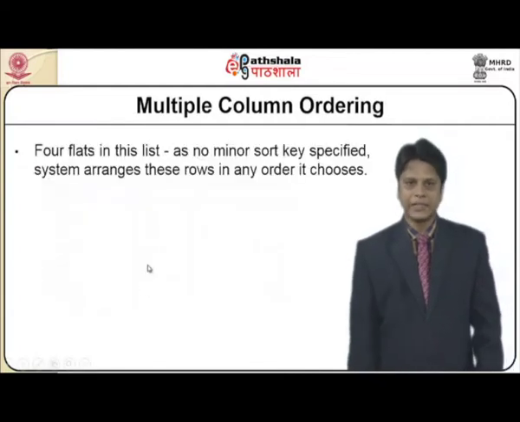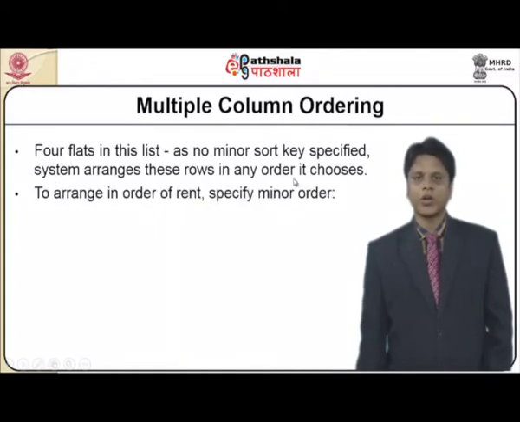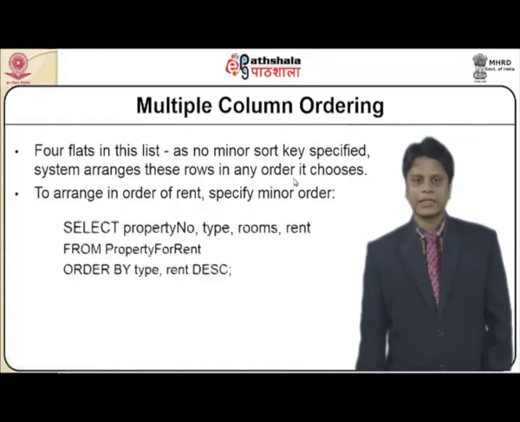4 flats in the list as no minor sort key is specified. The system arranges these rows in any order it chooses. So it arranges in order of rent, specifying minor order. Select property number, type, rooms, rent from property for rent table, order by type and rent